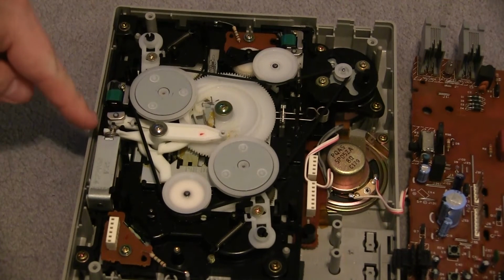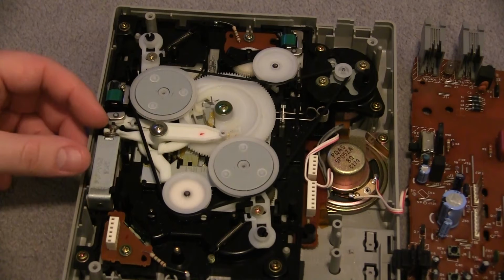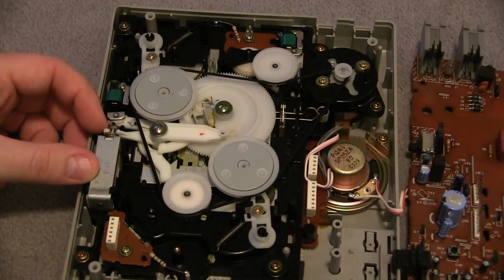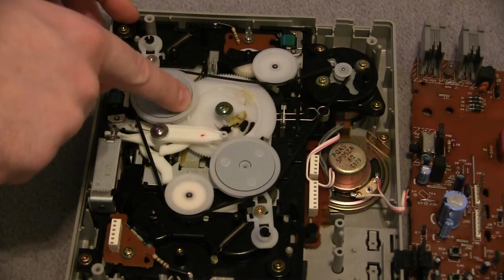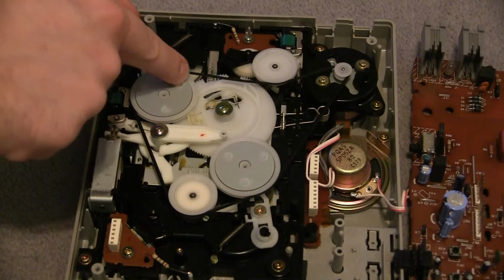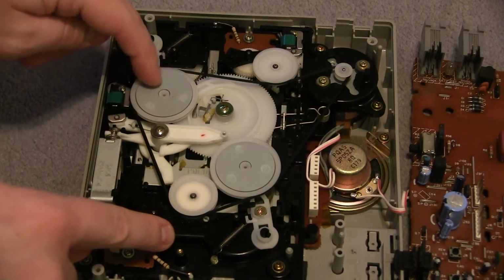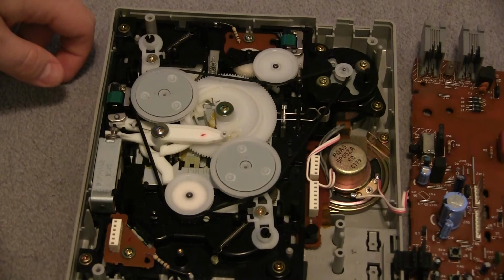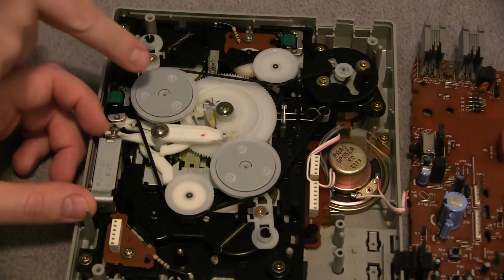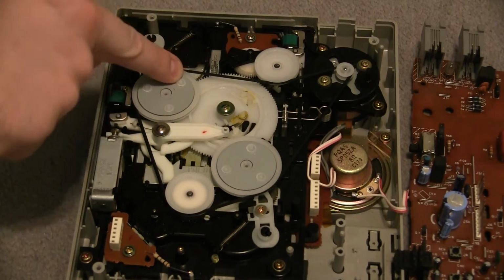Not only does this engage the operations, but it also determines whether the incoming message cassette or the outgoing message cassette is used. So if this pulls briefly, like this, and releases right away, as we push this around, now it has engaged the incoming message cassette. We release it, just like that. Now if I were to pull the lever in and hold it a little bit longer until that click, then you're going to see